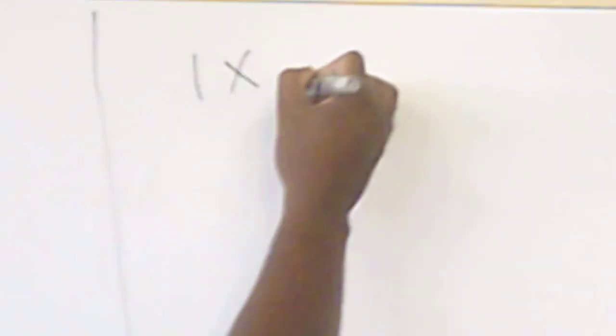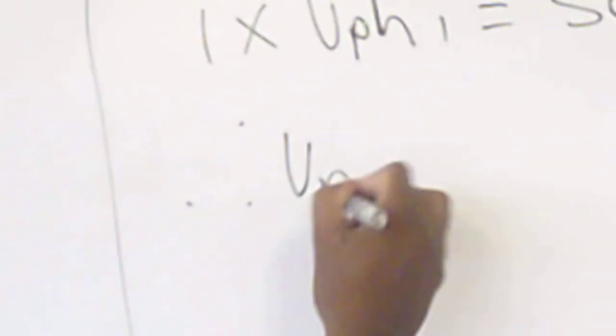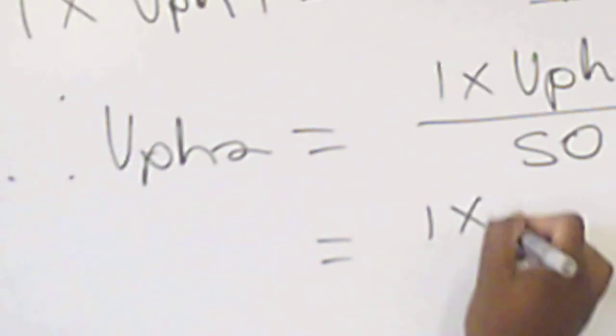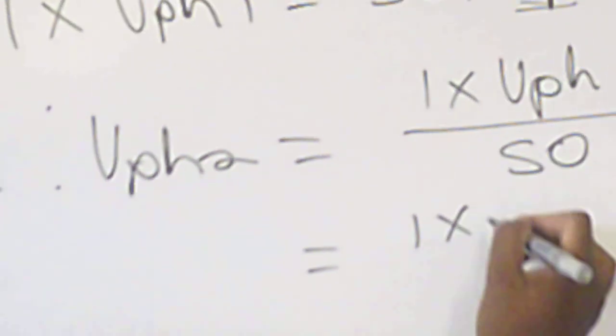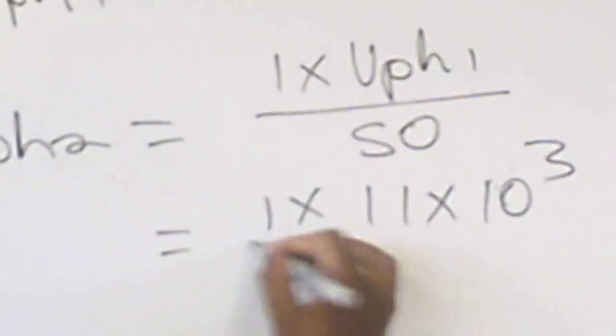So cross multiplication, we've got 1 multiplied by V phase 1 is equal to 50 multiplied by V phase 2. But we are looking for V phase 2. So therefore, this gives us V phase 2 being equal to 1 multiplied by V phase 1 divided by 50. And that will be 1 multiplied by 11 kilovolts. So it's going to be 11 multiplied by 10 to the power 3 divided by